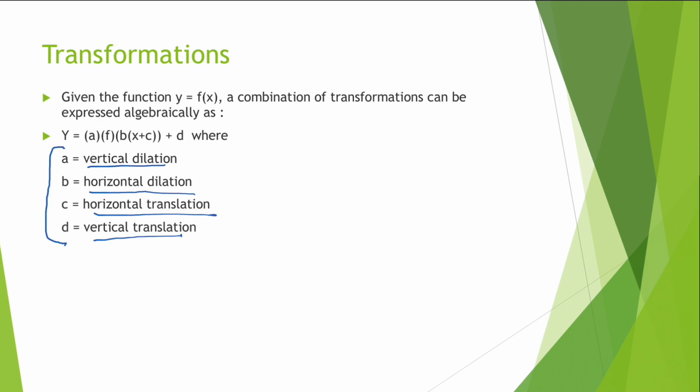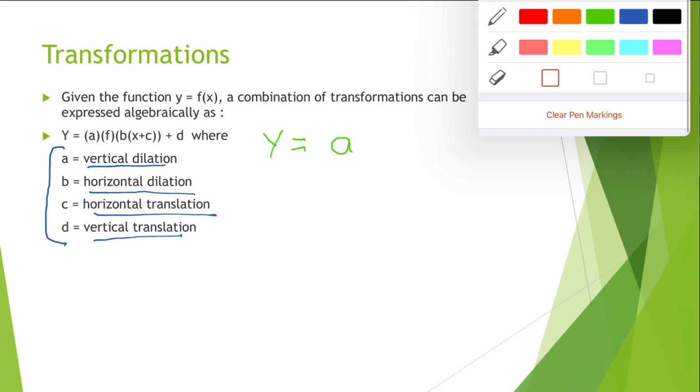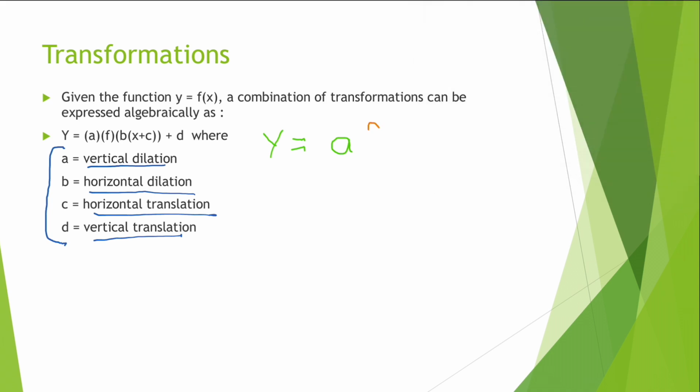Time for the final lap where we go through all four of them. Now that we're comfortable with what a vertical and horizontal dilation and translation are, I'll quickly go through a few tiny tweaks and the general notation. Whenever you want to represent all the combinations together, you have y equals a times, and I'll denote the original function like this, f of, I'll stick to green again, a times f of b times